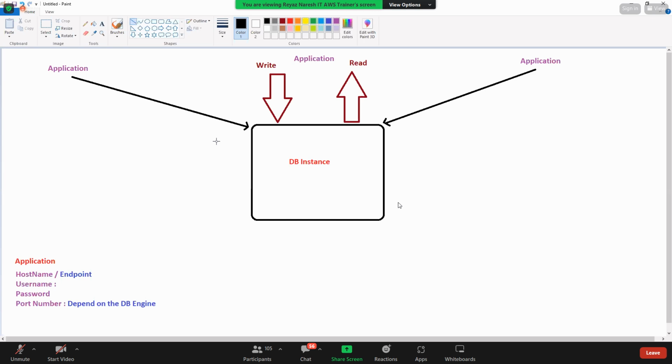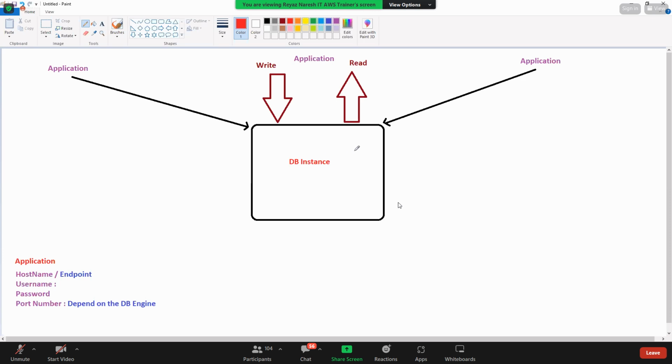Now, tell me, guys, these applications are for read purpose, right? There are applications where they are writing on the DB instance also. There are a few applications that are heavily reading also. Is it recommended for this kind of application to go and talk to this DB instance and read a lot?